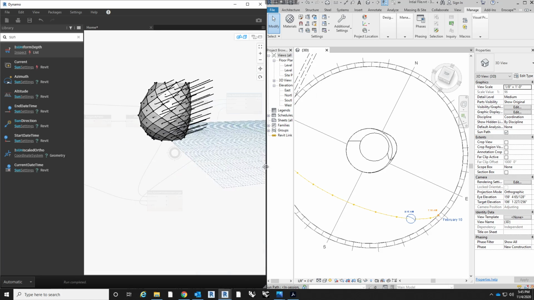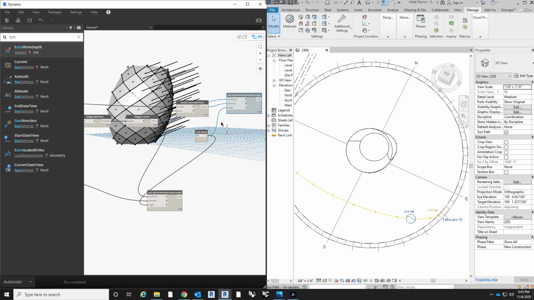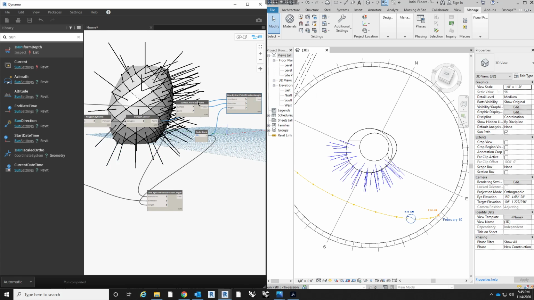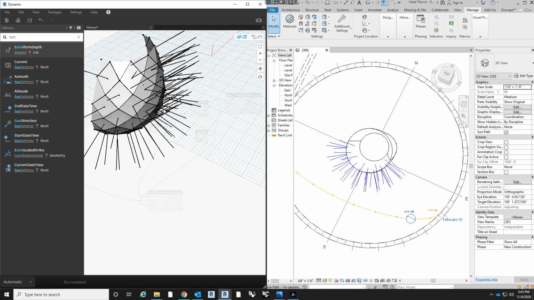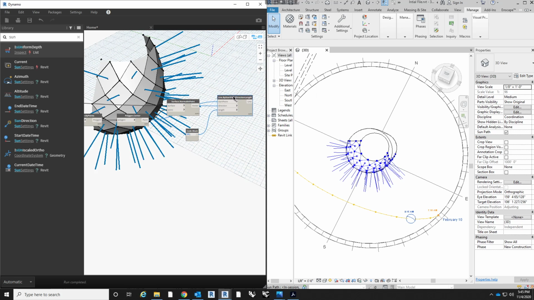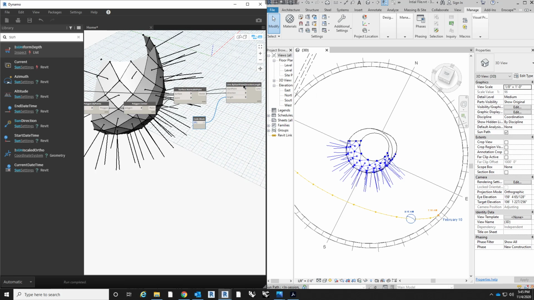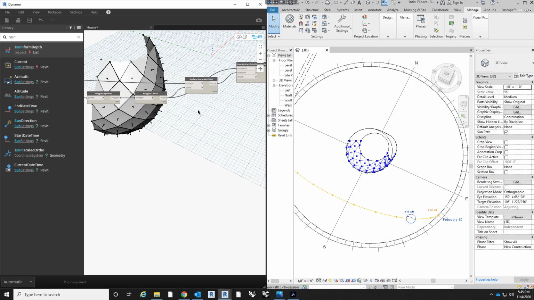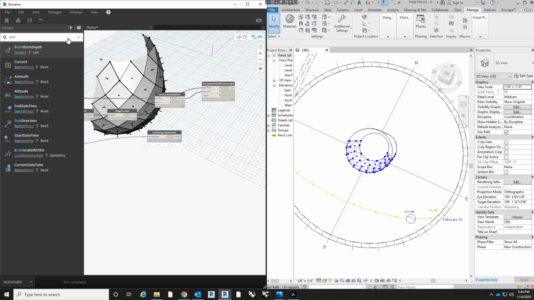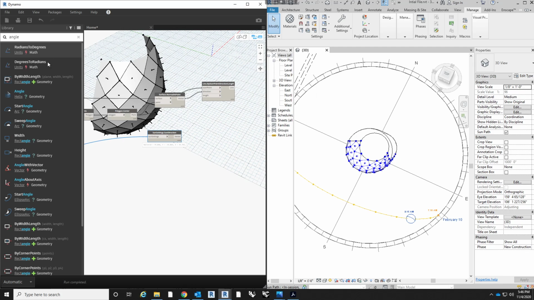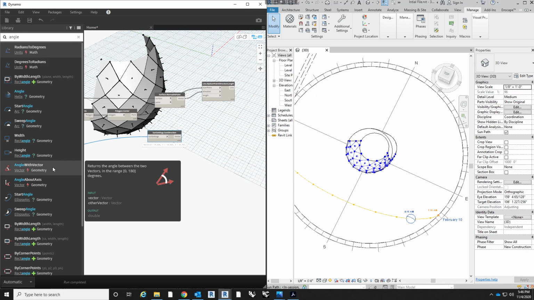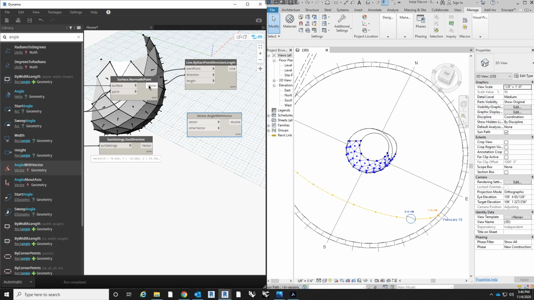So all of those vectors, that's all visualizing where the sun is, and then this is going to be comparing and calculating the difference between the solar angle and the angle of the panels. So what does that mean? So we're going to use, delete that real quick. We are going to use the vector created here, and Dynamo has a really nice calculation that you can measure the angle between two vectors. So if you type in angle and then go down to angle with vector, it's going to ask for two vectors. Plug that in,